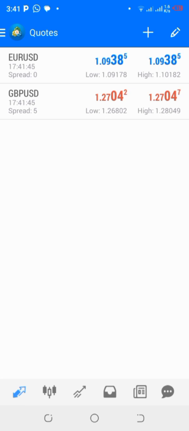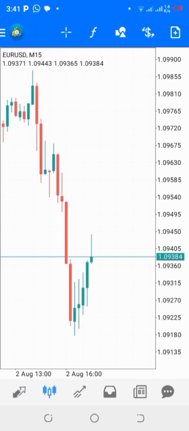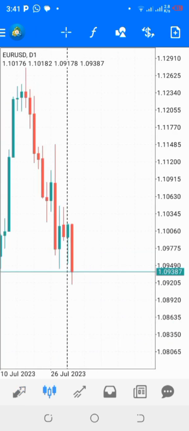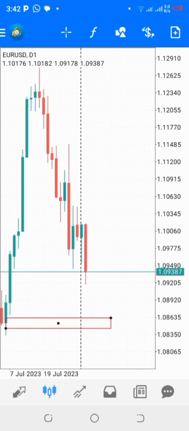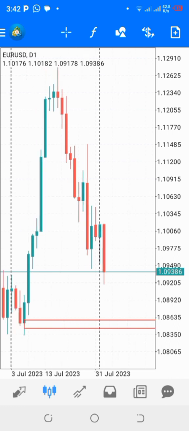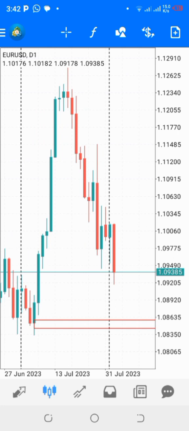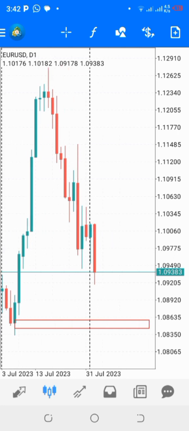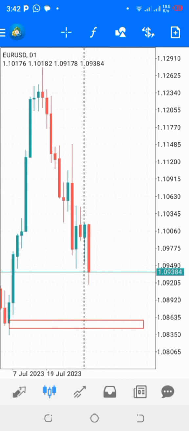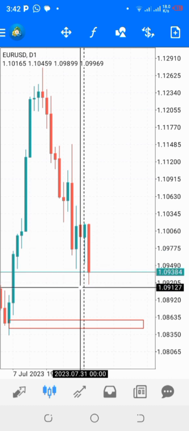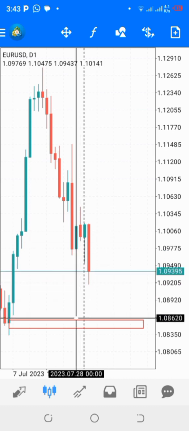Okay, so this is the market. Let's use the daily time frame for that. Say for example we are watching price to come to this region before we buy. The only thing we have to do is to get the number there. So you come and tap on that plus sign, you bring it there. Let's say we have 1.08620. So we go back,